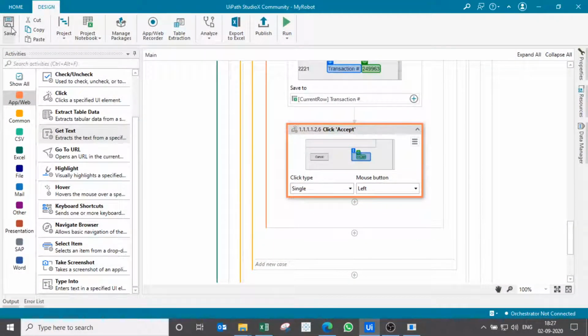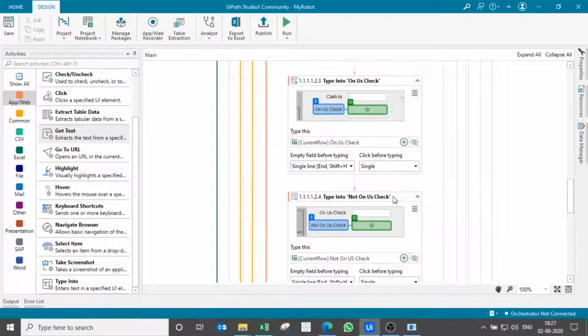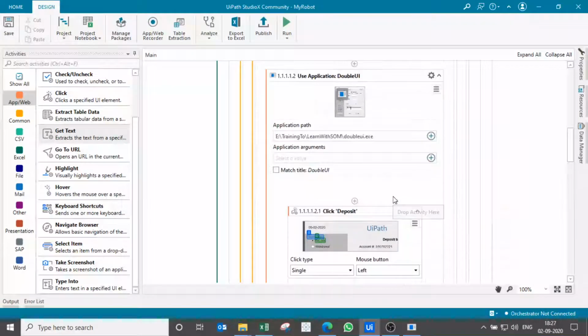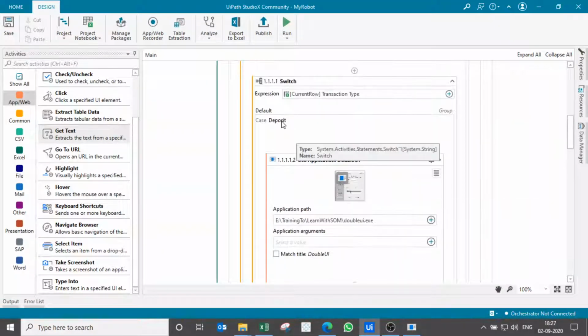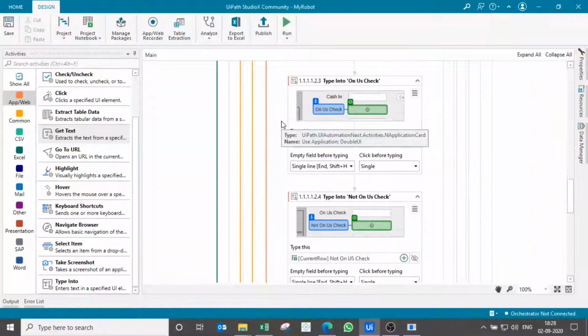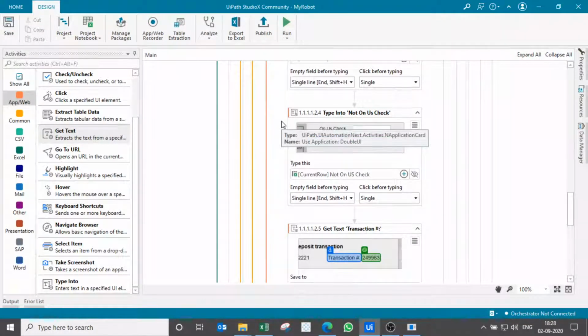Now let us save this. So far we have created one case. We have taken one case, and that is the deposit. Next we can take the other two cases, that is the withdrawal and split deposit.